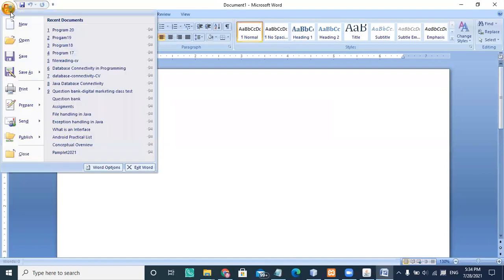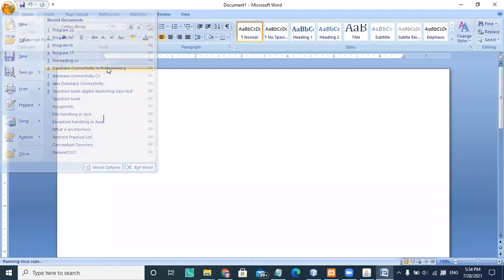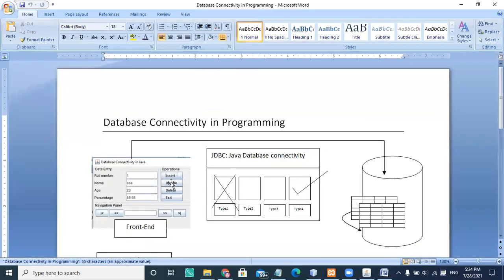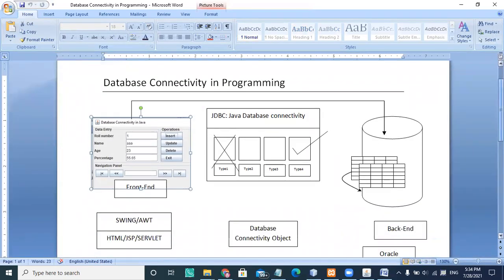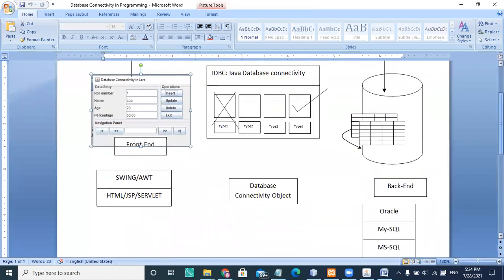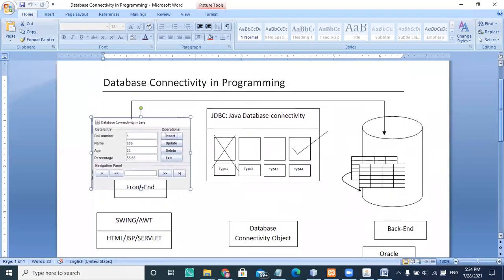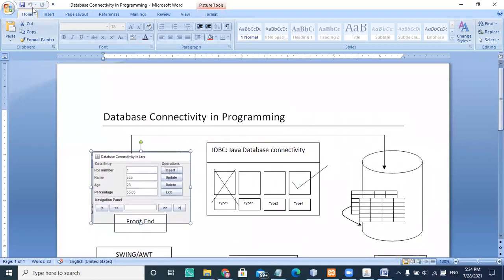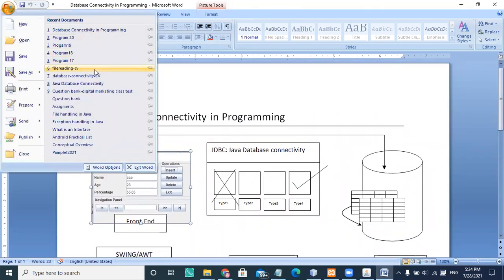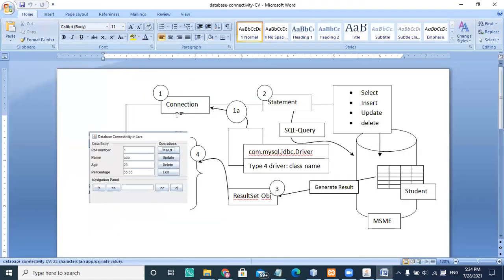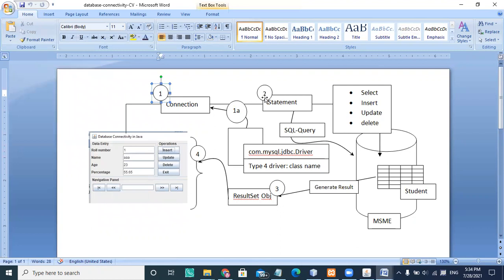You see the database connectivity here, that there is a UI, and there are four types of drivers: type 1, type 2, type 3, type 4, and we're using type 4. And there is a front end and back end. We also learned in Java database connectivity that there are four ordered steps here.